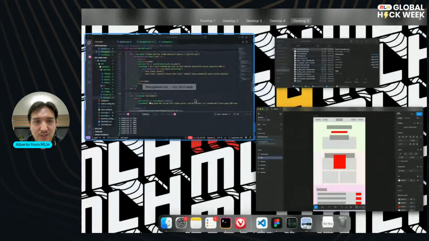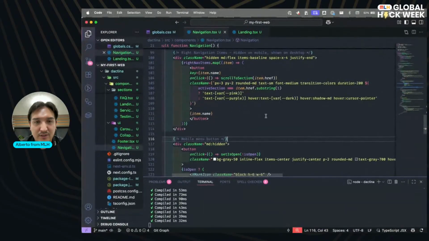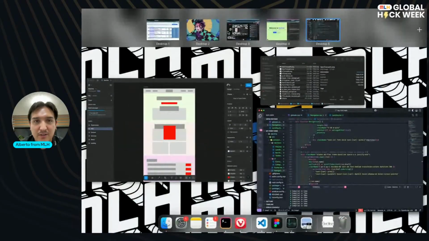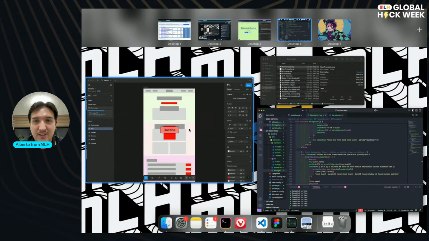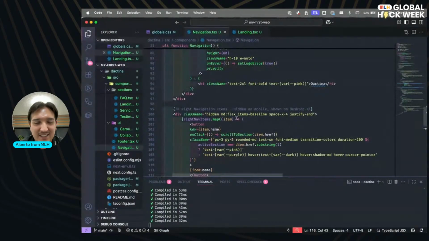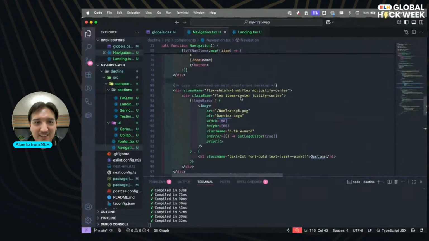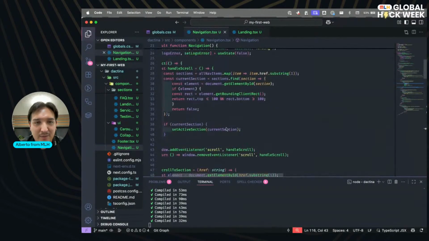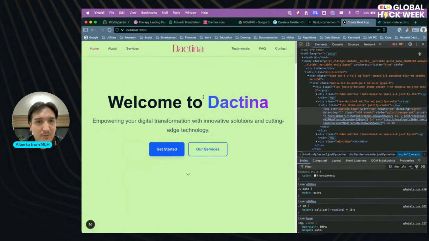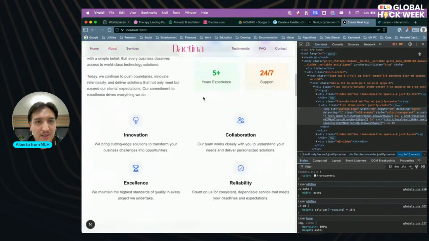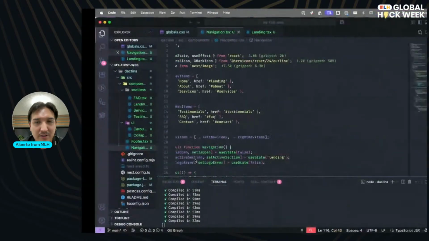And this should be in here. Let me add another desktop for this, now I can switch easily. So navigation, we're quite done with that. Perfect.